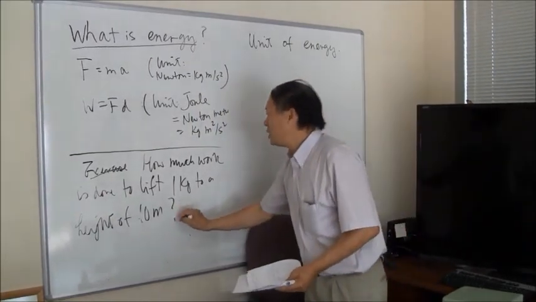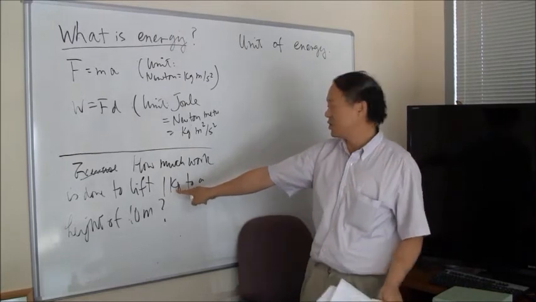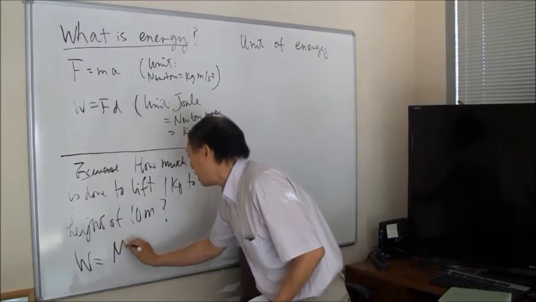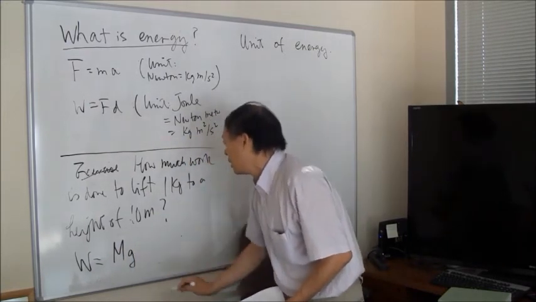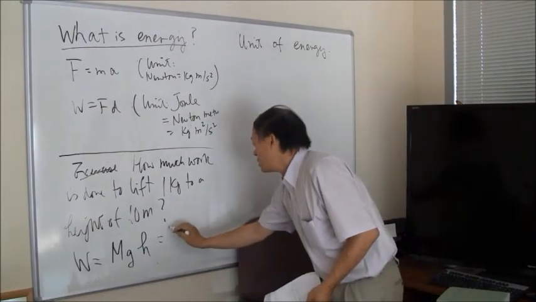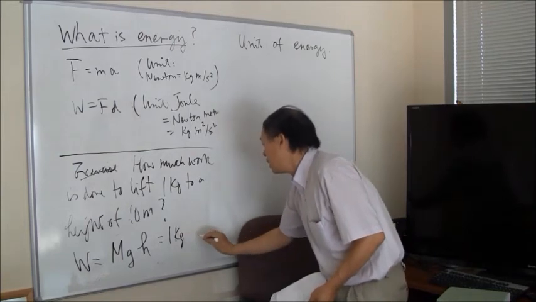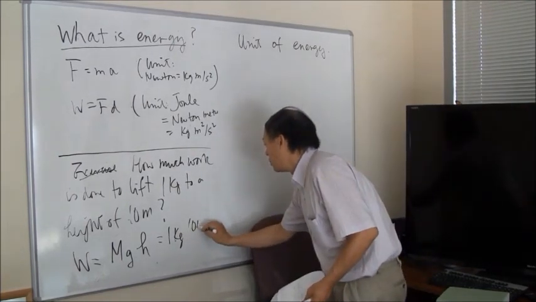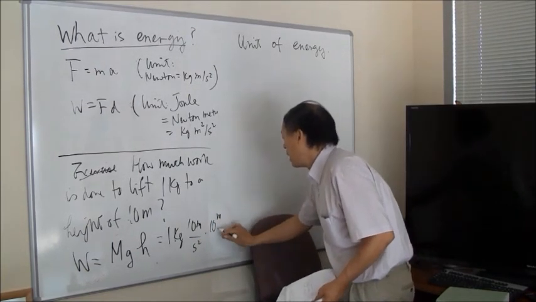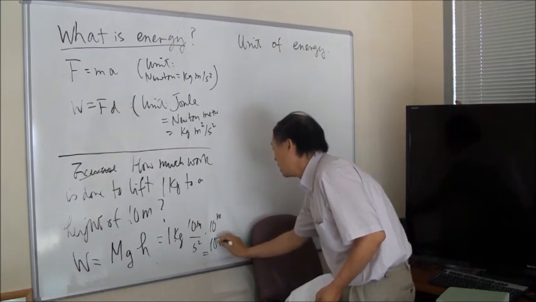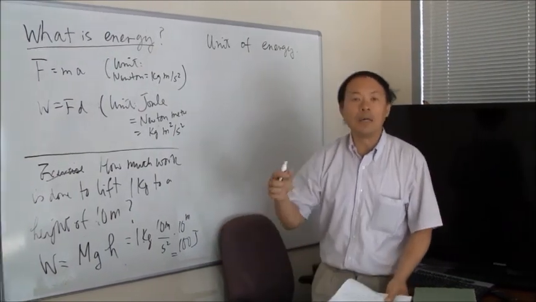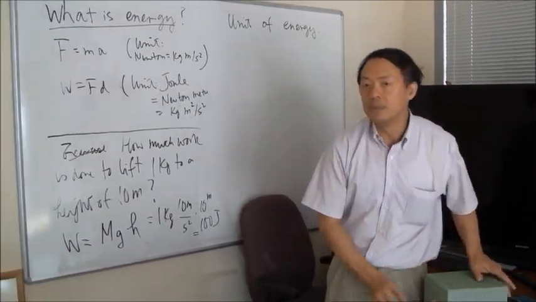Now, that's really simple because capital M, the mass, is equal to 1 kilogram. Therefore the work is equal to the force that acts on it, m times g, and then you have to lift it by a height of 10 meters. So that gives you 1 kilogram times g, which is 10 meters per second squared, times a distance of 10 meters. That is altogether 100, and the unit, kilogram meter squared per second squared, is 100 joules. So it would take about 100 joules for me to lift 1 kilogram by a distance